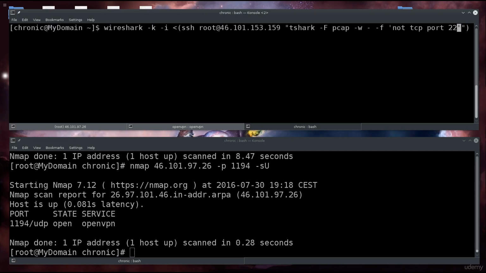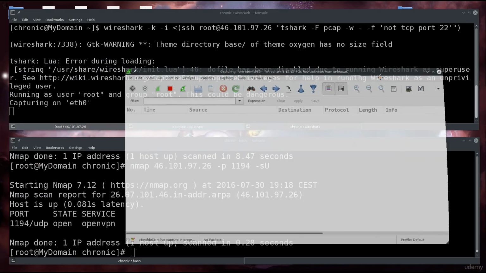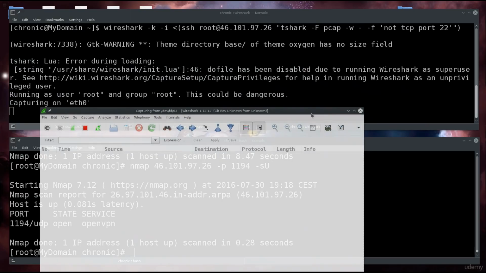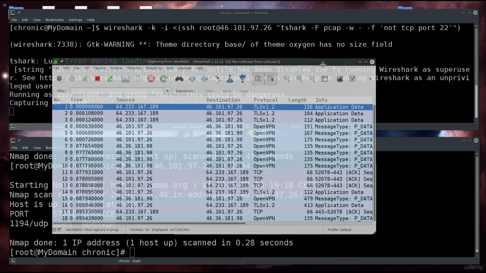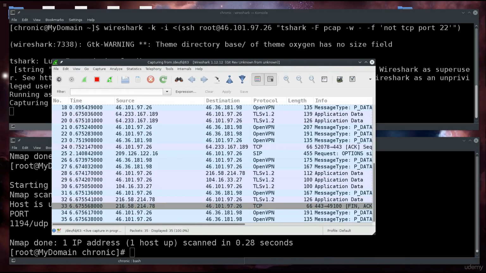Clear the screen, and this is not even the proper IP address, so let me just go ahead and promptly change that. So 46.101.97.26. And let's go ahead and do it now. Okay, so it says running as root group root. This could be dangerous. Yes, I am well aware of it, but this is our traffic from the